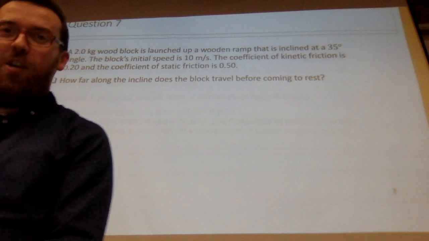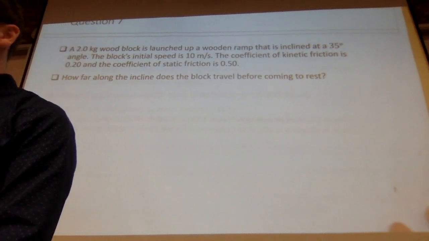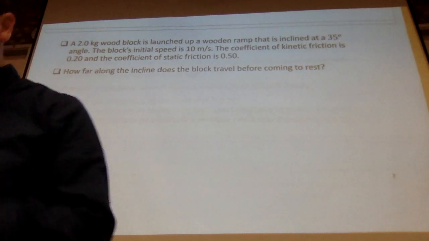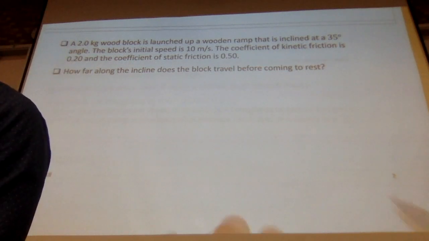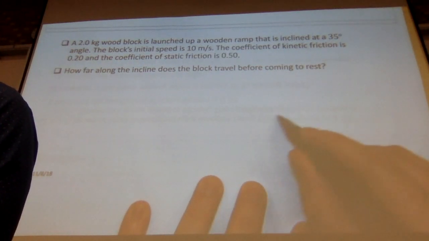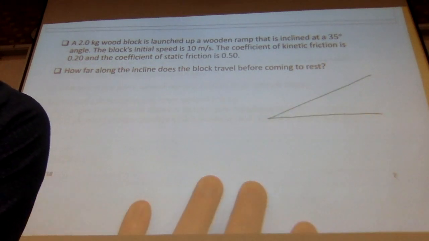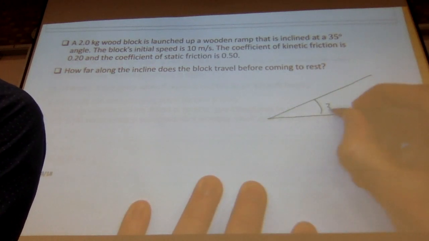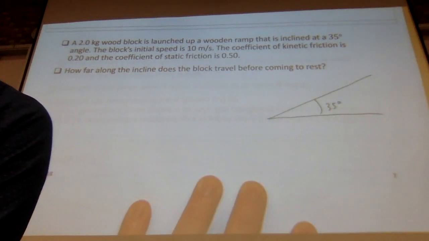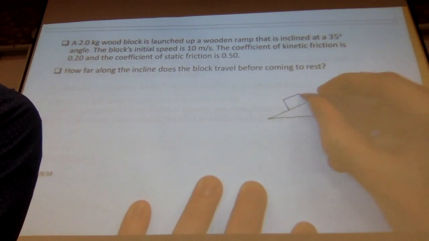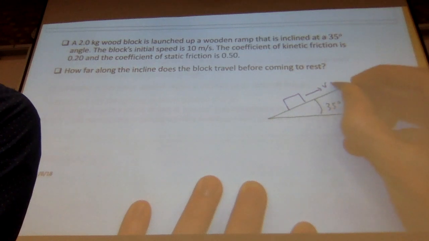Okay. All right. So let's try to tackle this. I said this is a challenging problem, and let's draw a picture. I didn't provide a picture, so sometimes the challenge is just the visualization of the problem. So we've got a 35-degree incline, and we're launching a block up the incline with an initial speed of 10 meters